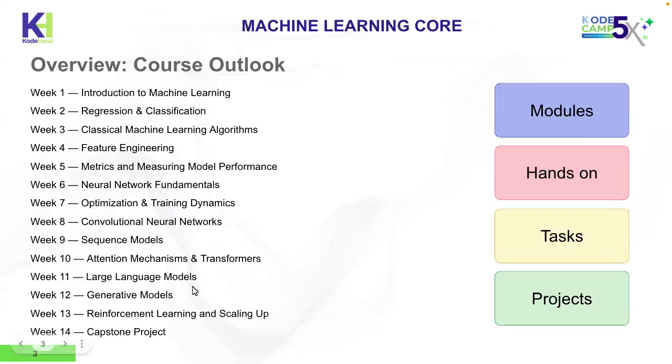Then we talk about generative models. So generative models are basically based again on the transformers. It's the same kind of thing, right? But a generative model is a model that you train to be able to generate content. So we have GANs, we have diffusion models, and all of that. And then we'll do a little bit of reinforcement learning, which we cannot really cover. Reinforcement learning is a totally other, whole different field of study. But we'll just do a little bit of